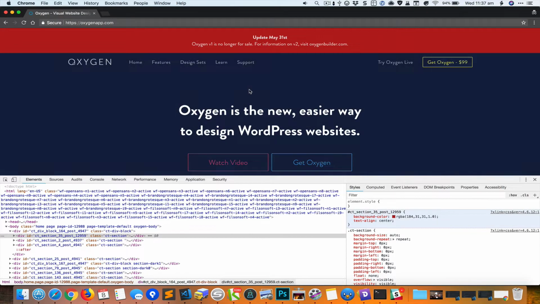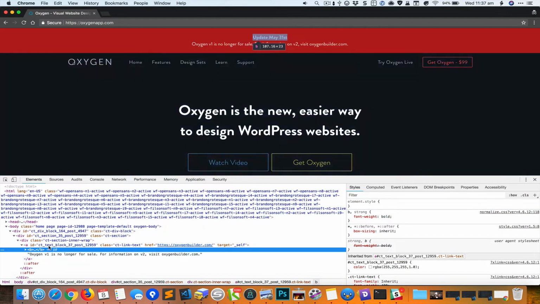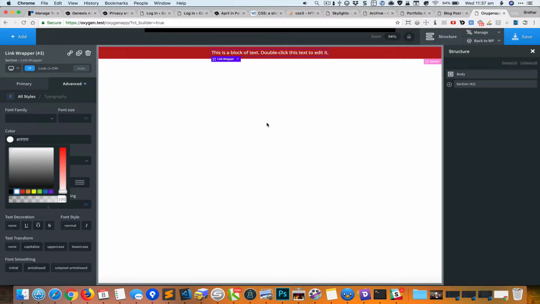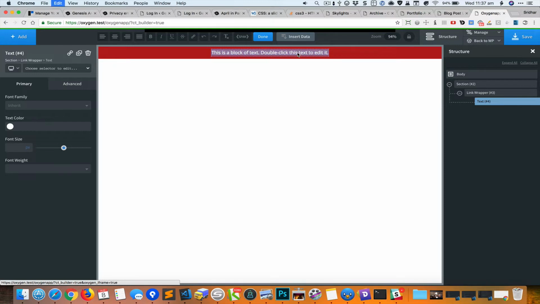Okay, so the first text says update May 31st. Let's inspect that, and so we can copy it. Okay, I'm also going to select that and hit bold to make it bold,